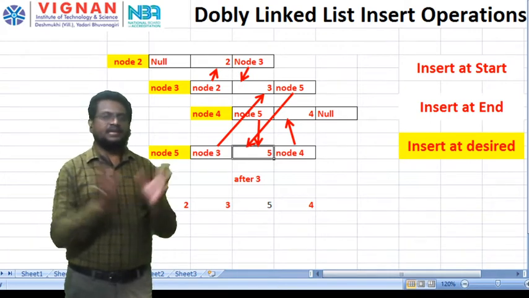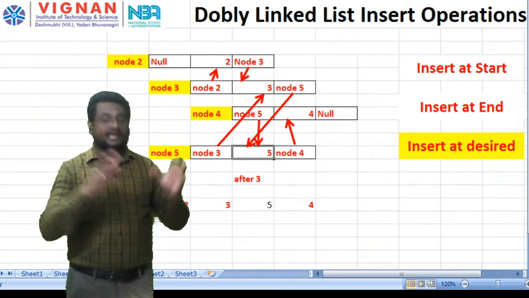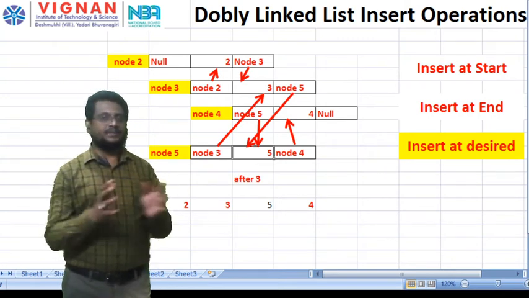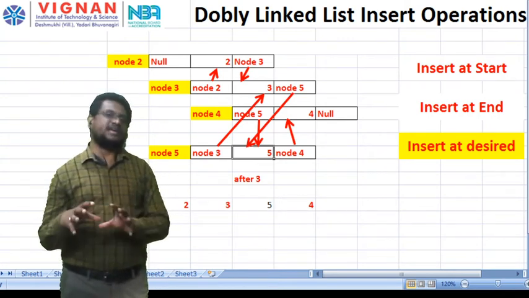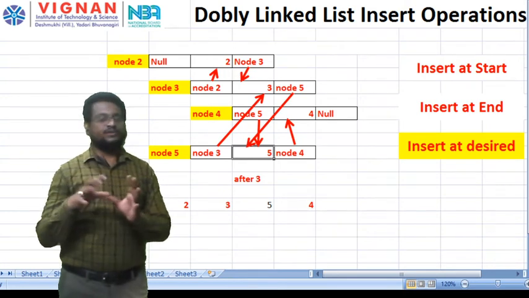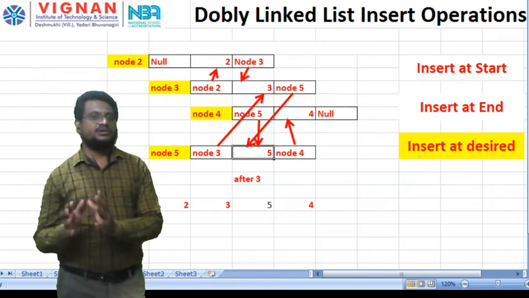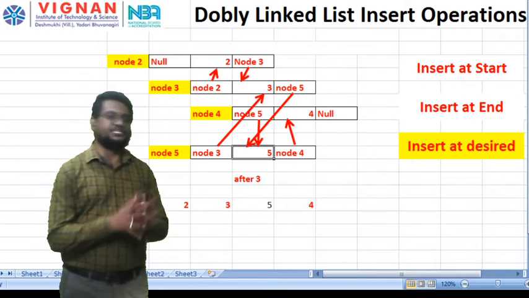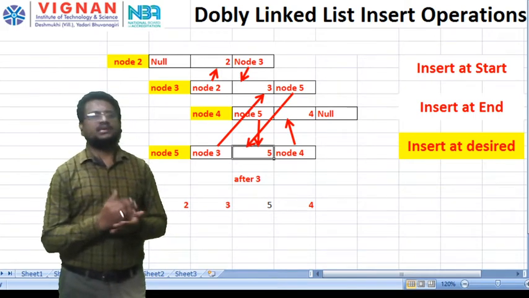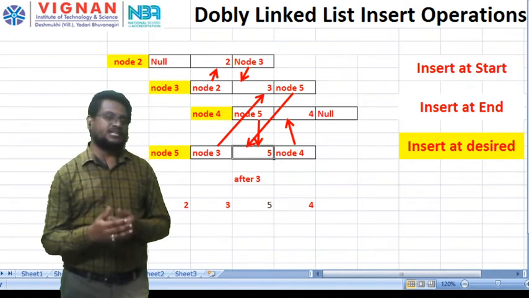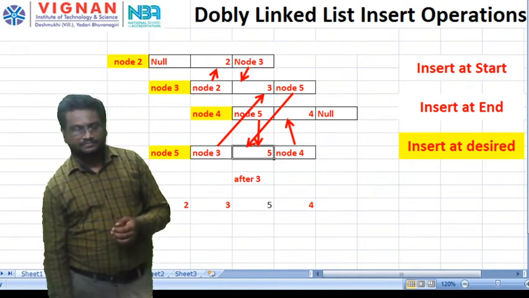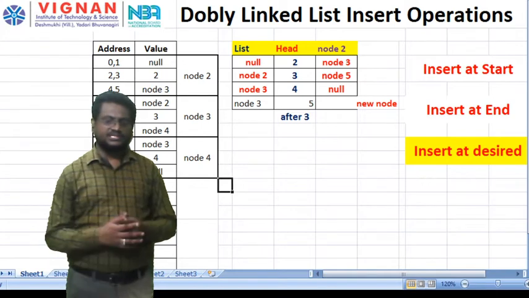Now it is completely in diagram manner. Now I need to explain this. We need to write a program. We need to follow some algorithm to do this process in a machine. Okay, let's see the algorithm first, then I will explain the program. Now see, we already saw this one.